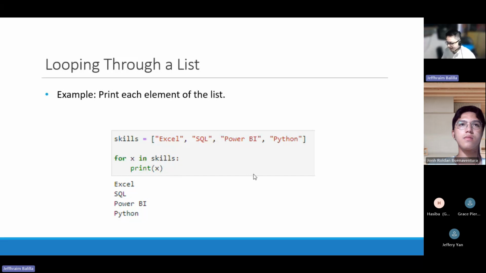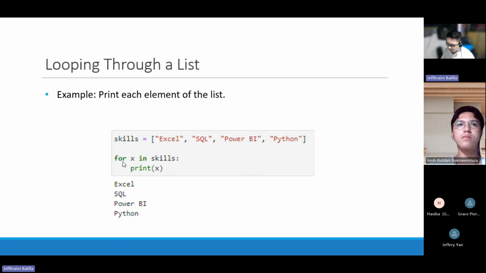We are saying that for every item, for iterator, for X, you can think of it as for every object in the collection, print. Again, for every X, X refers to each of the elements here, print X.